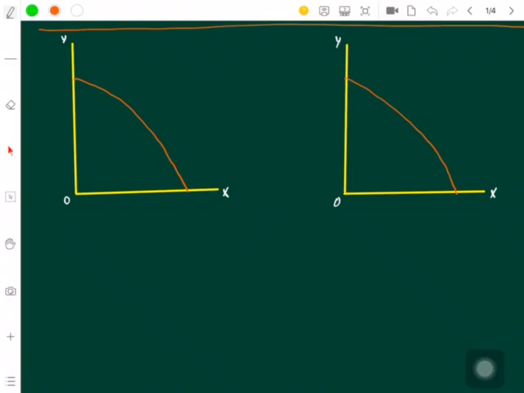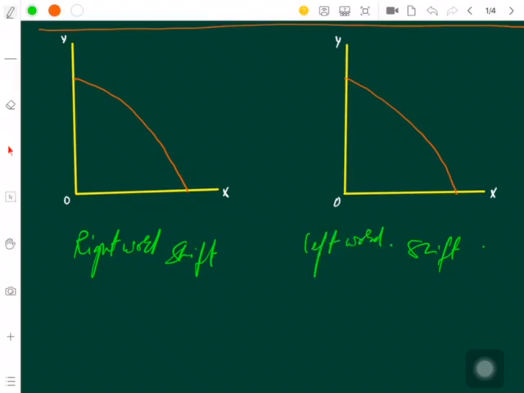What I am teaching this time is shifts. Here I'll show you the rightward shift. Here I'll show you the leftward shift. Rightward shift means that the production possibility curve will move rightwards, in this direction, from here to here. Leftward means that the production possibility curve will move in this direction, from here to here. Why is the rightward shift taking place and